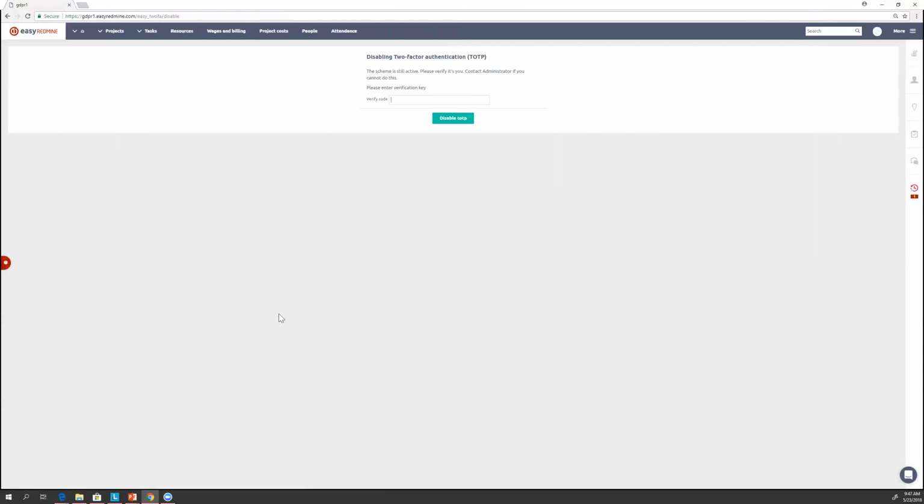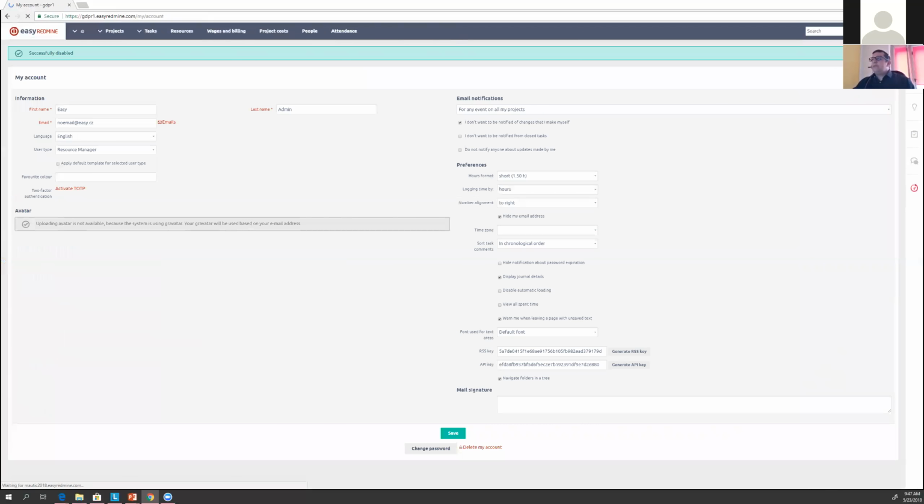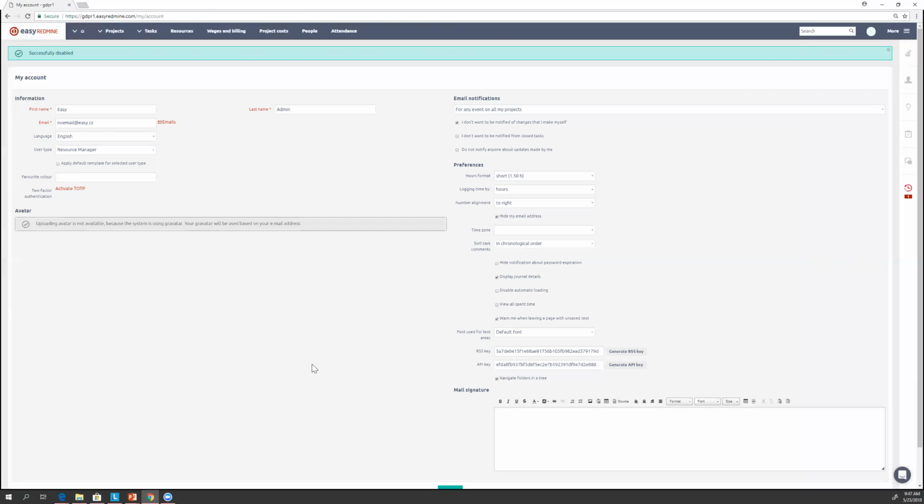The disablement is asking me for the password again. Right. Now, if I want to use that, I have the strategy that it's optional, then it's the user who can